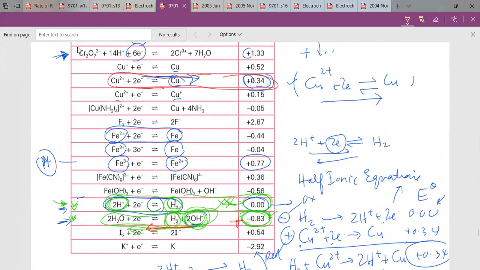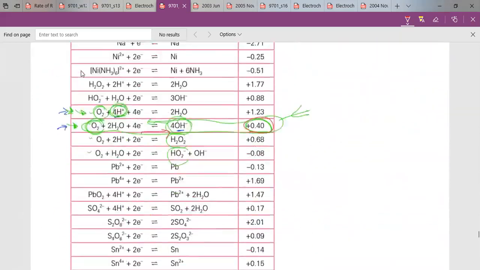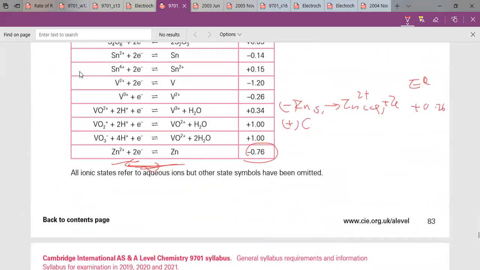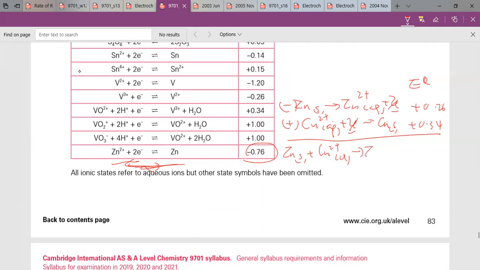Let me correct. It's just one here. So it's the same direction, so positive 0.34. So copper 2 plus aq plus 2 electrons gives you copper. Sorry, here is positive 0.34. Fantastic. So that's the overall equation, right? The 2 electrons here cancel off, so no need to times anything. So zinc solid plus copper 2 plus gives you zinc 2 plus plus copper, and what's the E cell? Just add them up. Positive, the famous